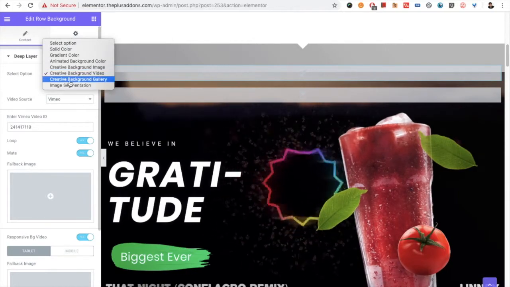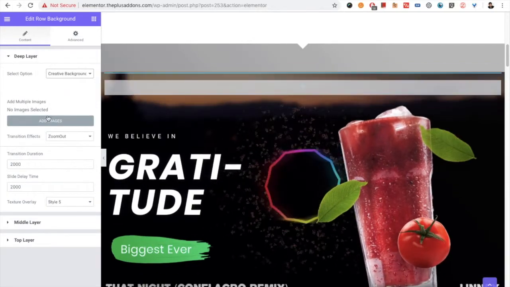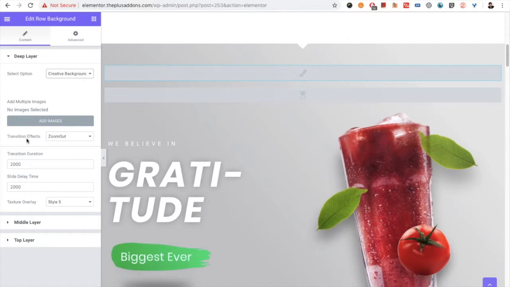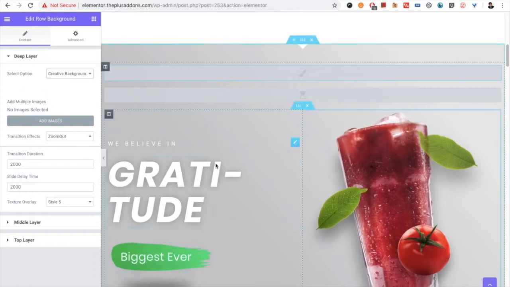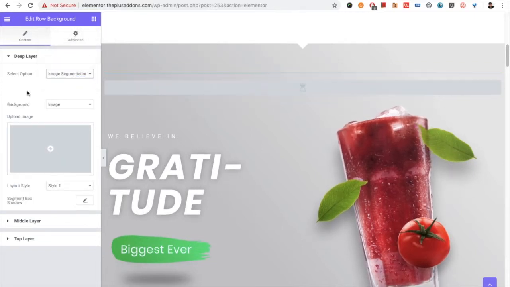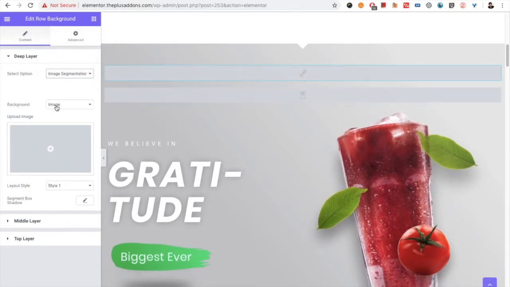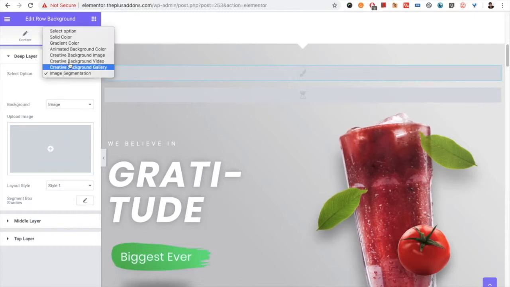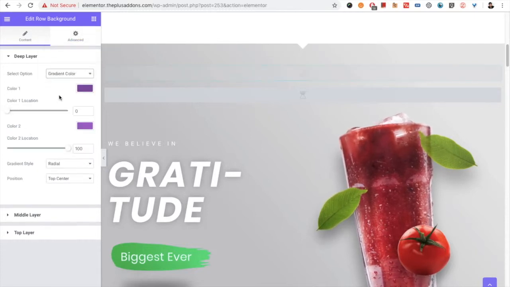Then let's go to the creative background gallery. There is the background gallery option. We have made a separate video for this option, so you can check it out over there. But in this option you can add multiple images in the background. Then there is the image segmentation. We made a separate video for this option, but there are some cool segmentation effects available using these options. So let's get back to the original color